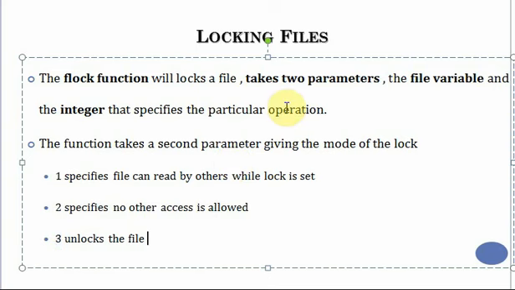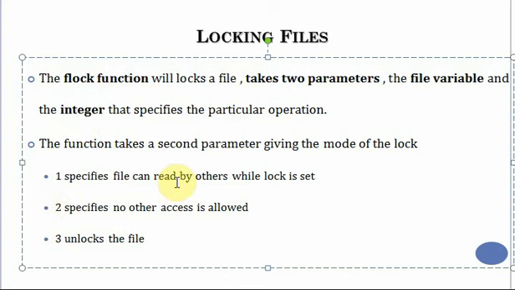So locking of files, when is the situation where you're going to use it? You might have a situation wherein your file can be accessed by n number of scripts. If all those scripts are trying to access it simultaneously, then there might be some confusion or interference. To overcome all that, we can go for the locking facility. In PHP the lock function is flock. The parameters are the file variable as well as the next parameter, an integer. Based on the integer value, there are different operations.